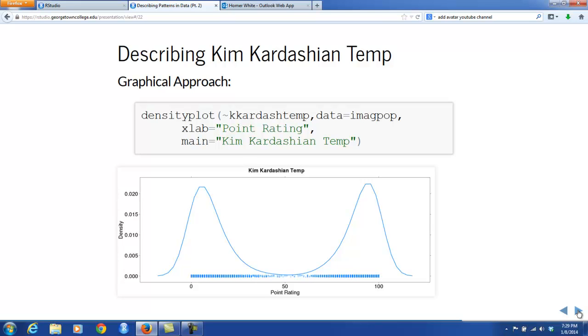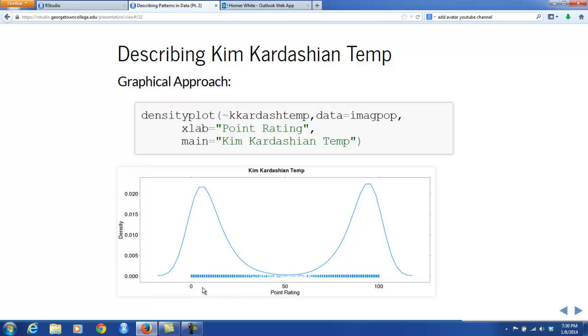For the graphical approach, we could try histograms, we could try density plots. How about some density plots? So density plot on the Kim Kardashian temp. Don't forget the little twiddle that indicates a formula in your formula data input. I try to choose a nice name for the x-axis, point rating, and a decent title, Kim Kardashian temp. So what do we get here? It looks like a bimodal but symmetric distribution, and the center seems to be somewhere around 50, but in fact